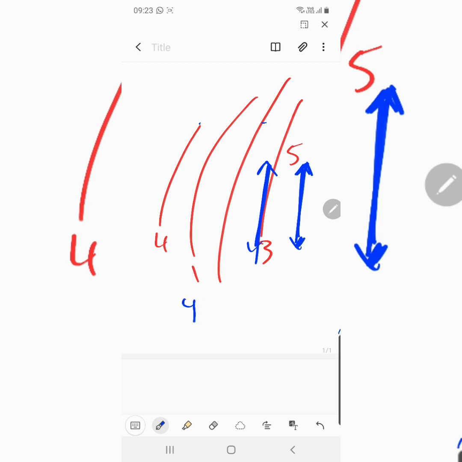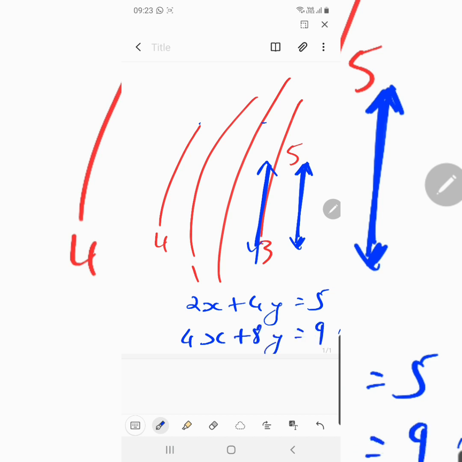So say a linear equation in two variables, and these are actually two parallel lines